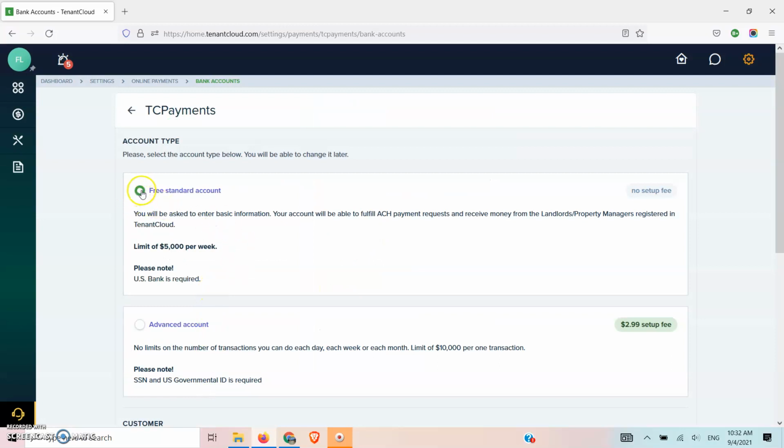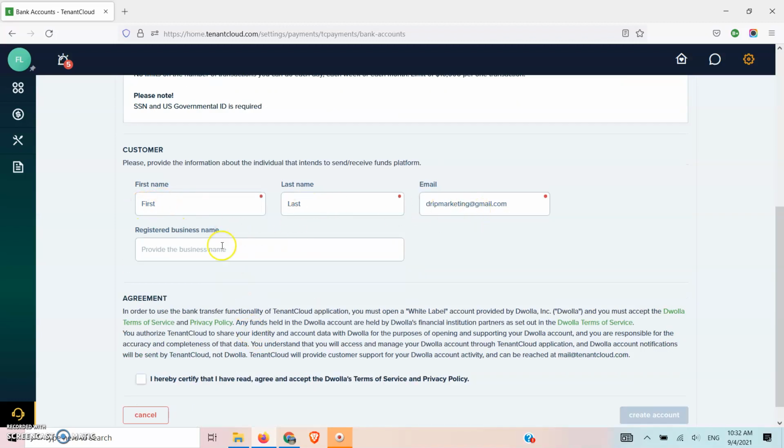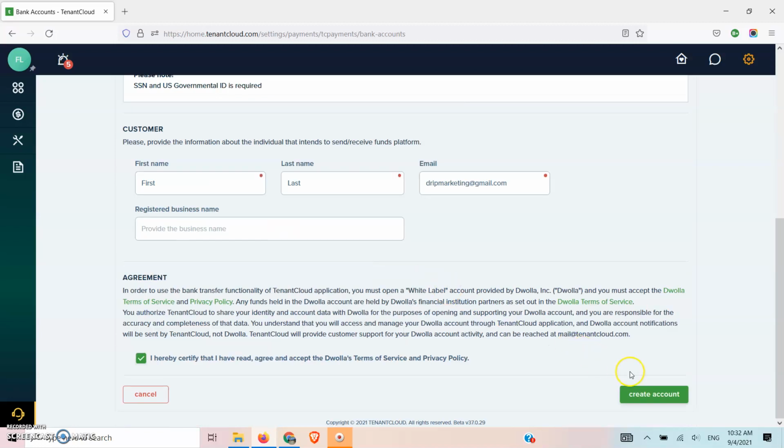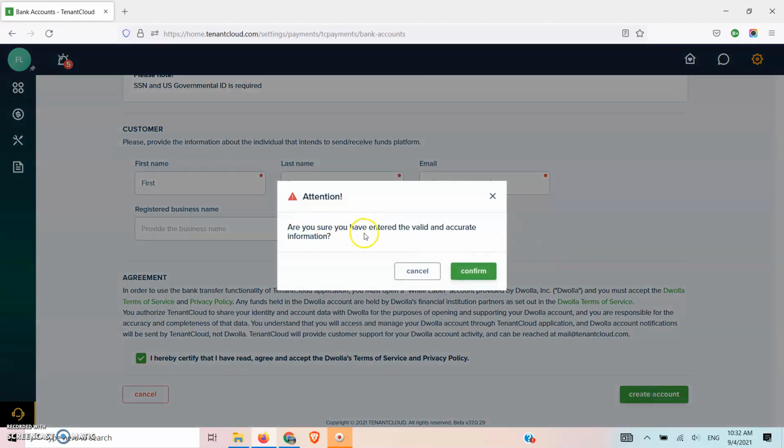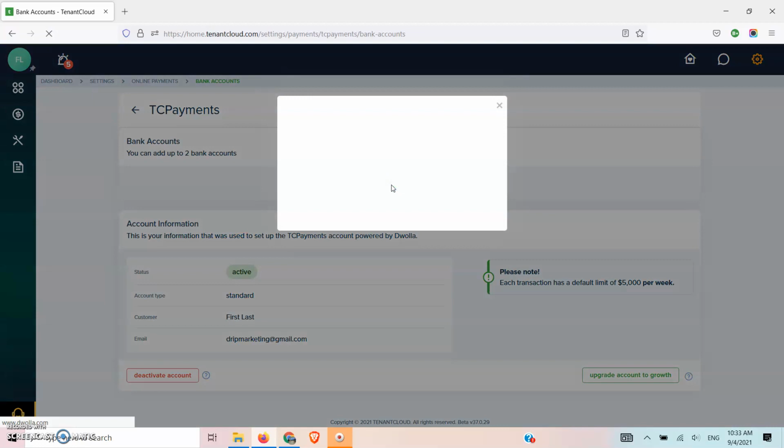So you click setup. You'll do the free standard account. We don't need to do an advanced account. And so you'll type in all your information here. If there's a business, then you click create account. Are you sure you entered valid and accurate information? Yeah, sure. So this is the information about yourself, and then you click add bank account,